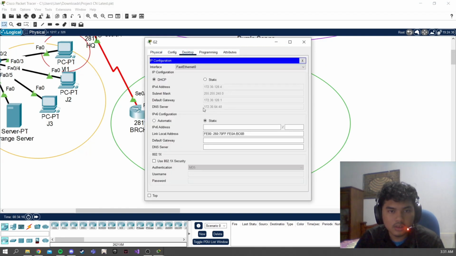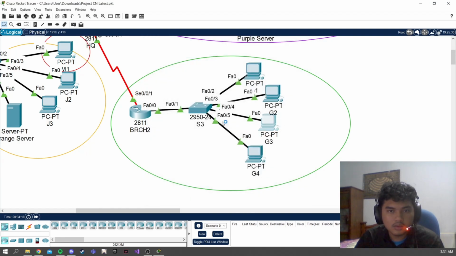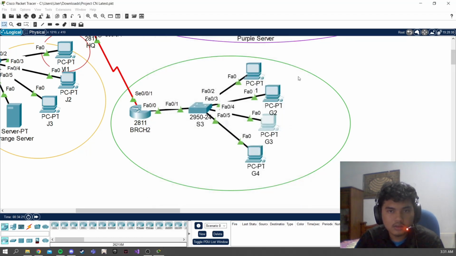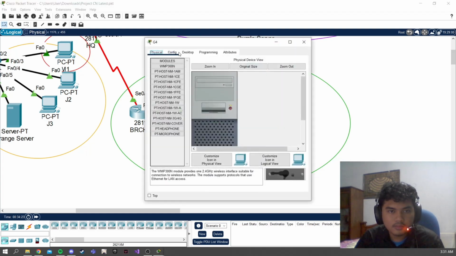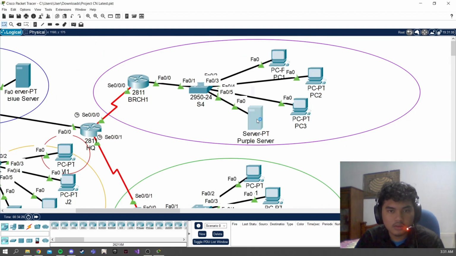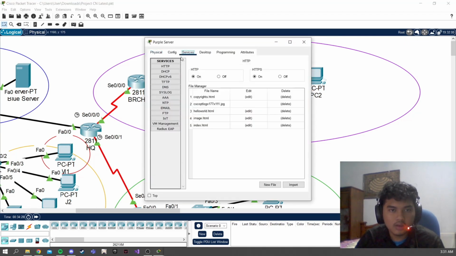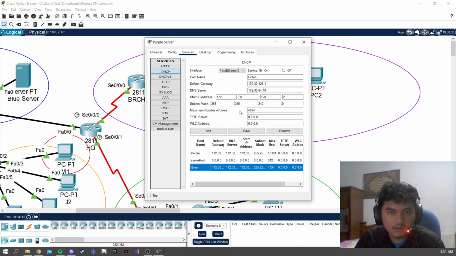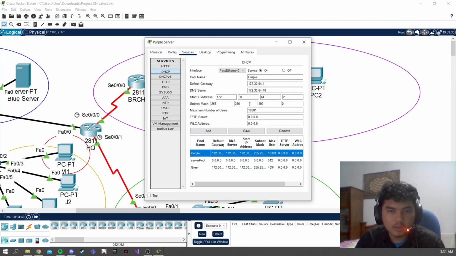So this is G2, and then G3 and G4. Okay. So before that, we configured the DHCP. So here we got two configurations, which is for the purple server, and then the green network and purple network. Okay,